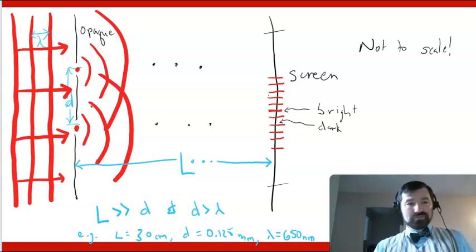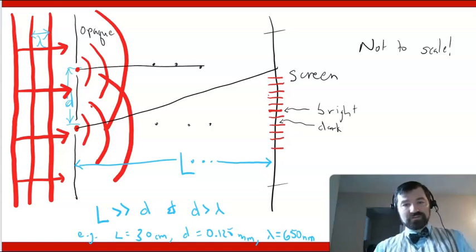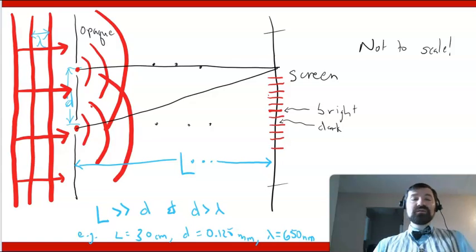If I were to draw a line, and this is meant to be more or less a straight line, from here to, say, this point on the screen, and I draw a line from here to the same point on the screen, you can see that those two lines have different lengths. So light had to travel a little farther here than it did here. So why does that matter? Well,